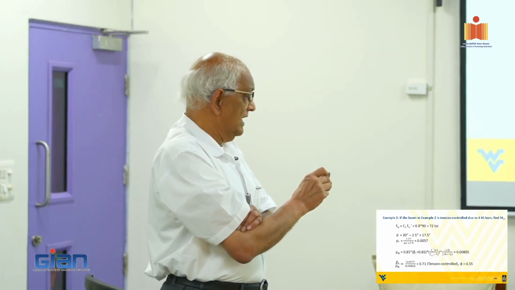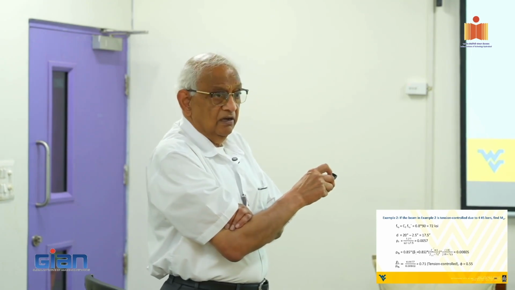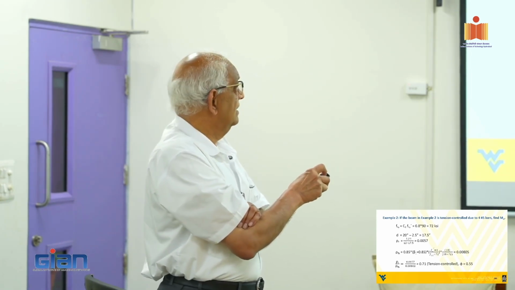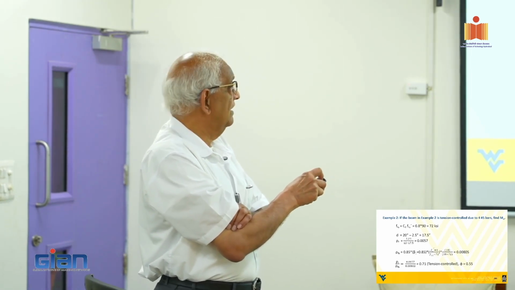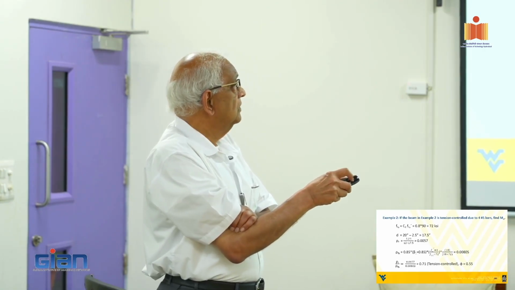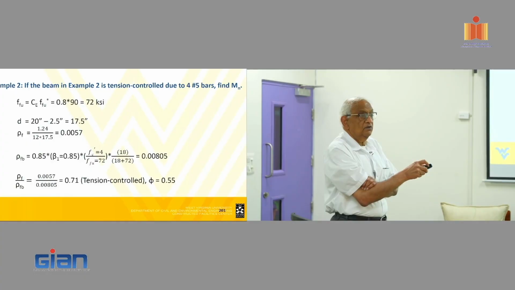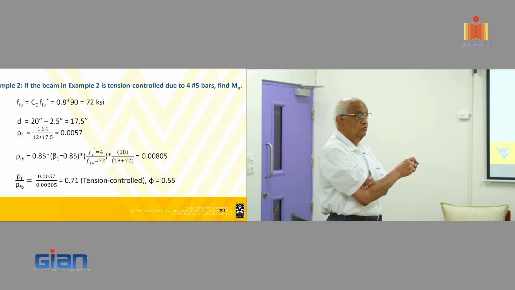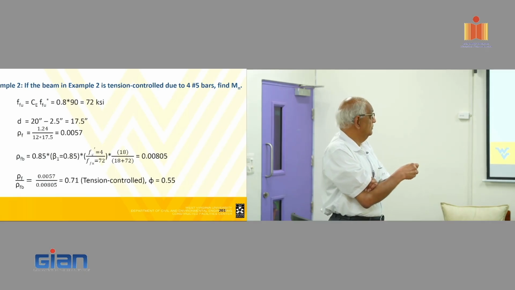So if you look at it, again the same drill, right? No big deal. So you have 17.5, the rho F is 1.24, so the number 5 bar is 0.3, I mean, so you get that 1.24, 4 times 0.31. Anyway, the rho F is